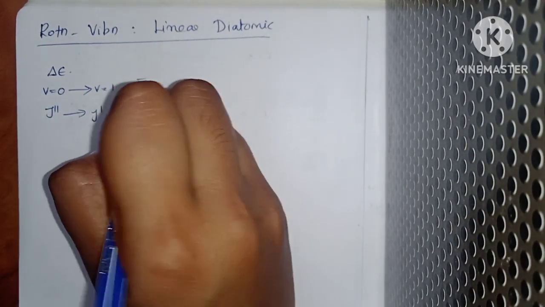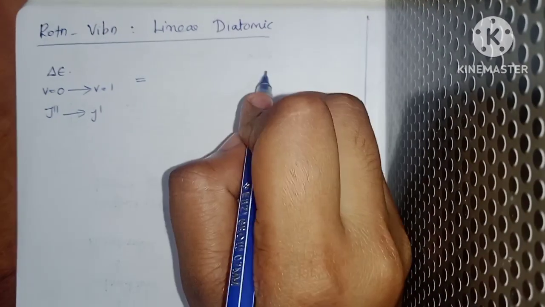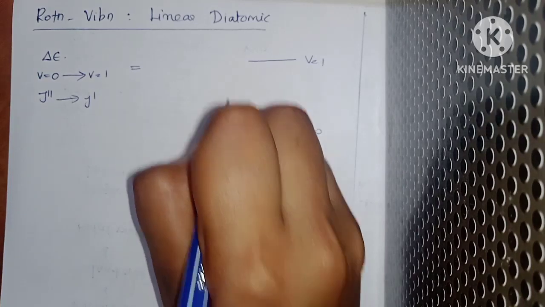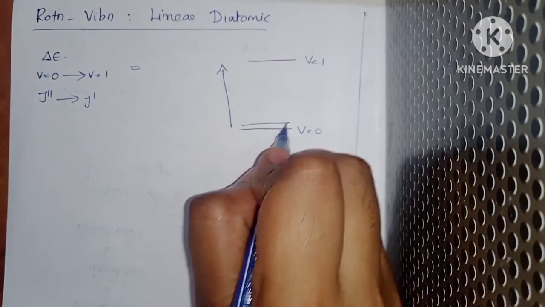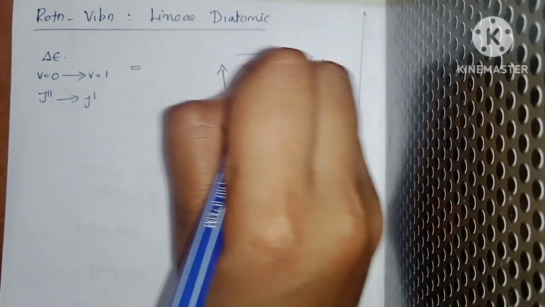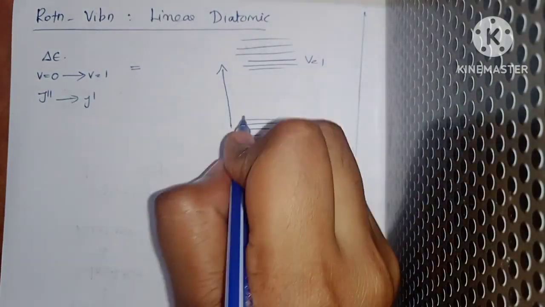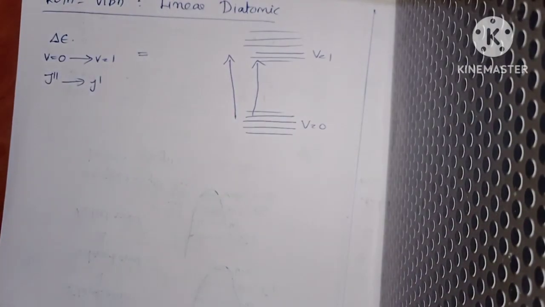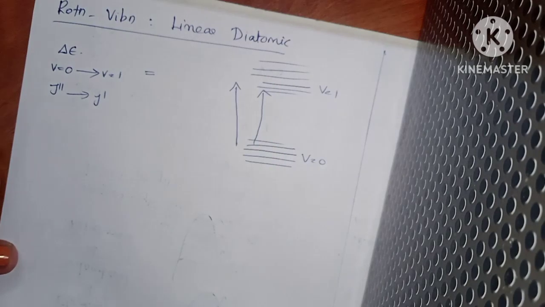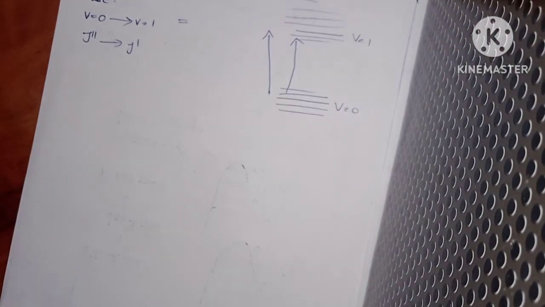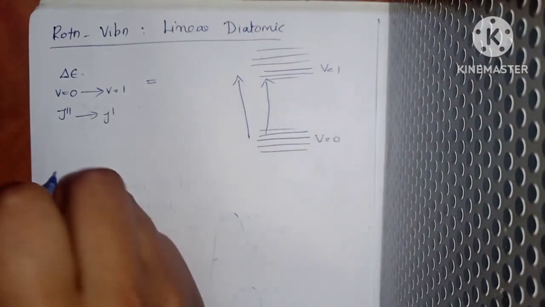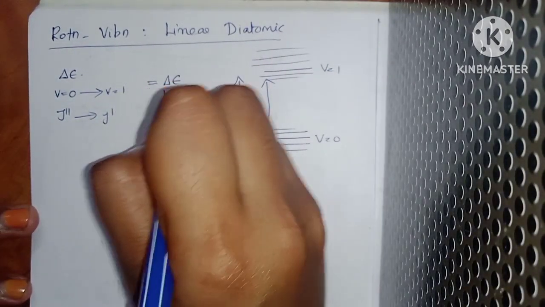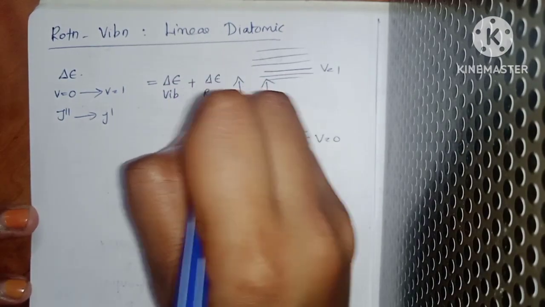So to find the energy required for such a transition, the levels are V equal to 0 and V equal to 1. So one vibrational transition is there, and if we are considering the rotational levels present within this vibrational level, some rotational transition is also occurring here. Now the energy required for both the transitions, rotational and vibrational, occur simultaneously. So the total energy required will be the energy required for vibrational transition plus the energy required for rotational transition,